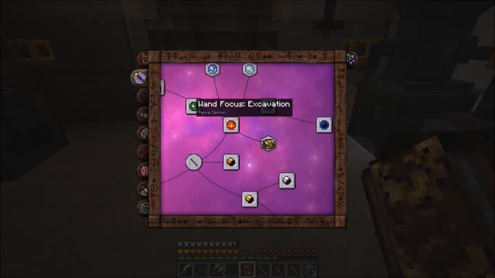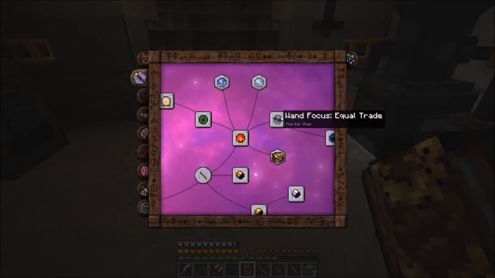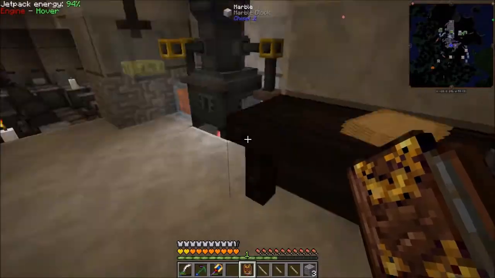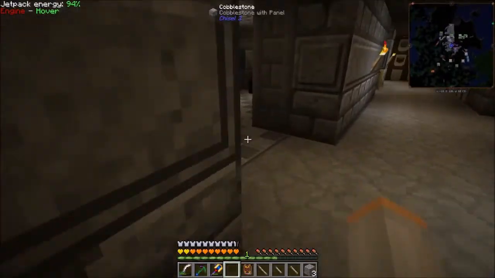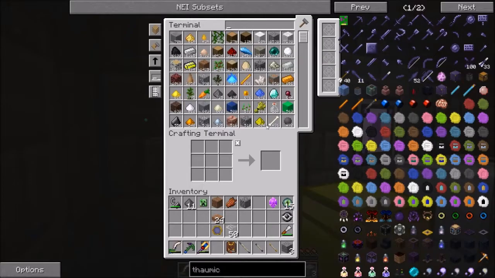Might make some more. Try making some of these. We can do that. Equal trade is really handy. Need some balanced shards. Quicksilver. Let's go ahead and make one. We're going to need some quicksilver, and we don't have any. So, for that we need...